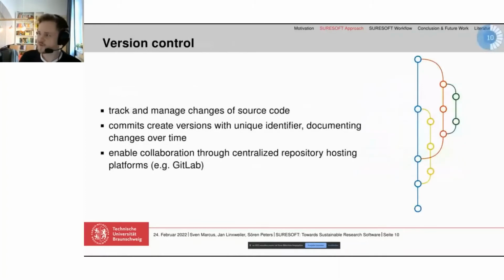Then let's move on to version control systems. And maybe you are asking yourselves now, why are we talking about something this basic? Everybody knows Git nowadays. Everybody uses it. Why is this even a topic? But unfortunately, we've heard horror stories of scientists zipping up their source code and sending it around in emails, which